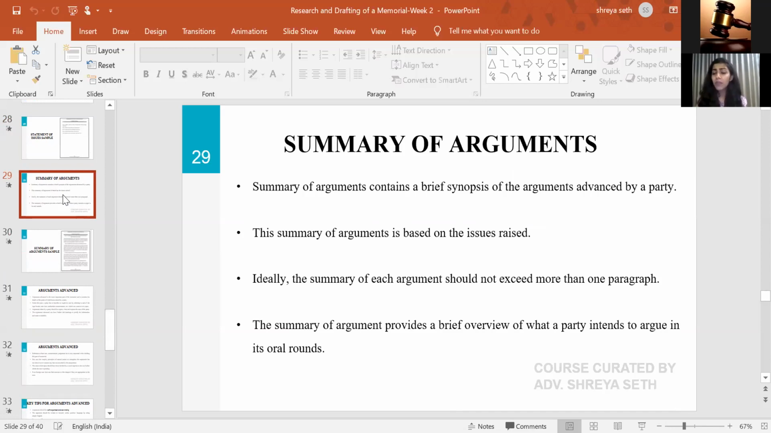Why do we have to have a summary of arguments might be your question when we talk of a Moot memorial, because of course we will have arguments advanced, which is the next part, or your main arguments. So why is the summary important? Now, more often than not, what happens is that